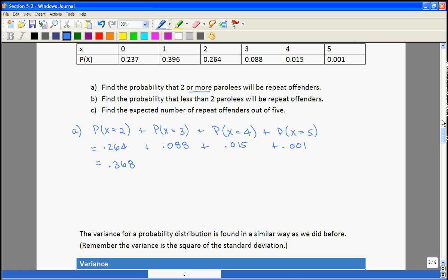Okay, let's take a look at part B. I'm going to move this over here for a little bit more room. Find the probability that less than 2 parolees will be repeat offenders. So if it's less than 2, now take into consideration it didn't say 2 or less, meaning including the 2. It's strictly less than 2. So that means either 1 parolee is a repeat offender or none of them. And I'm just going to sum up those 2 probabilities,